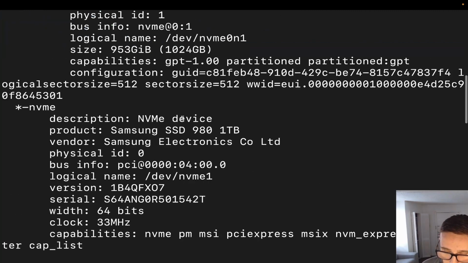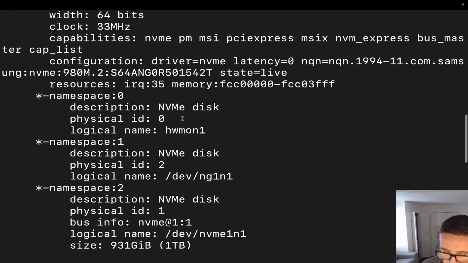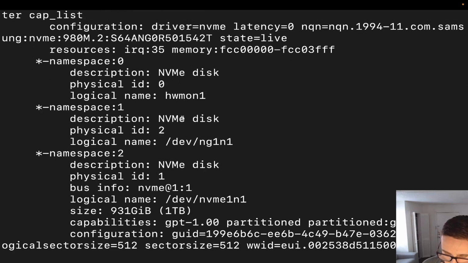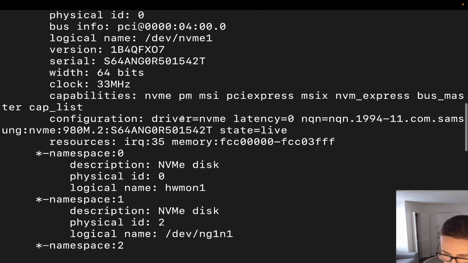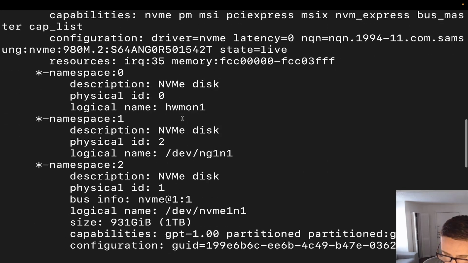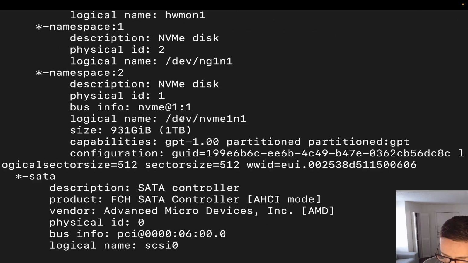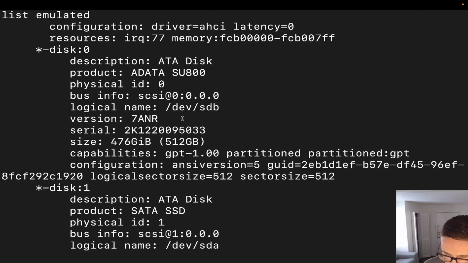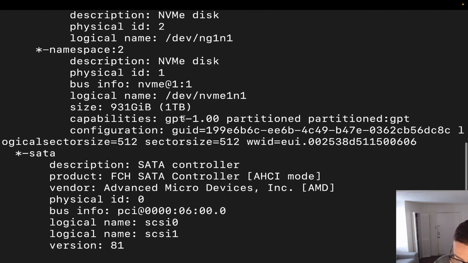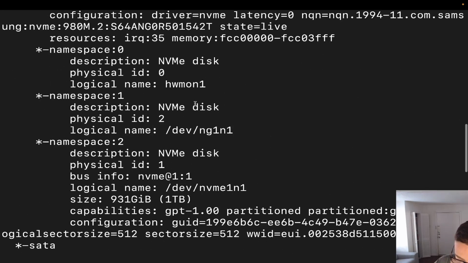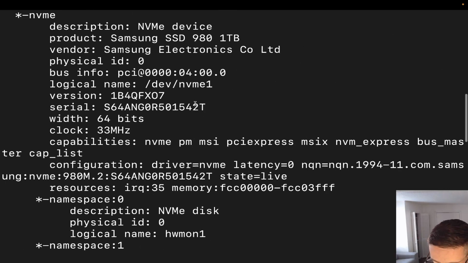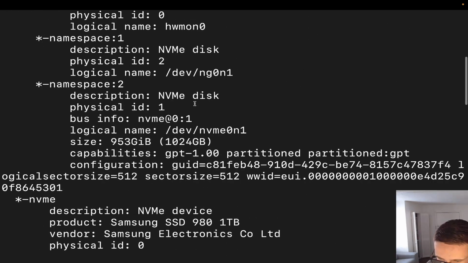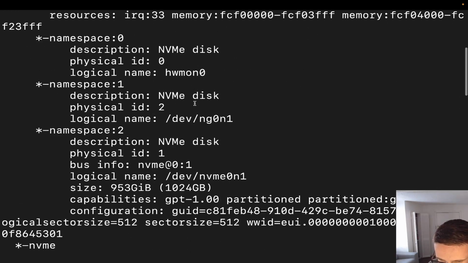But if we go down here to the storage section, I think it's this one right here. Where is it? Yeah, and you can see that just looking through this information, it does get a little bit